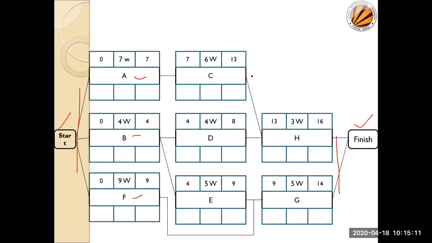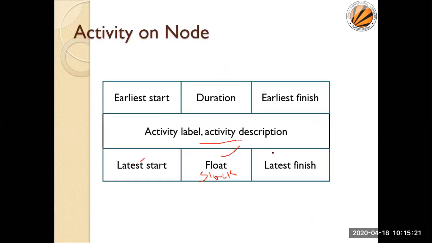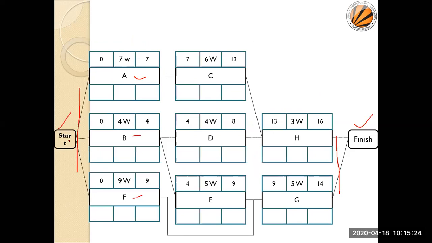Now we start calculating. We had already filled in these values. These values are the durations, so durations are already filled in. Now we are assuming 0 here, and this 0 is directly coupled to the earliest start of the directly connected nodes. 0 here, 0 here. Now how do we get this? We are adding this value and this value. This is my earliest start and this is my duration. So earliest start plus duration becomes earliest finish.